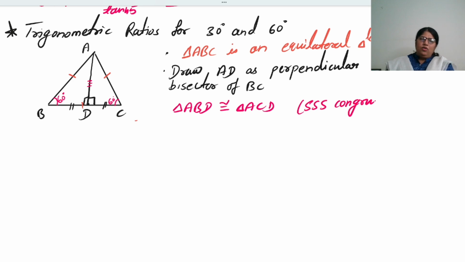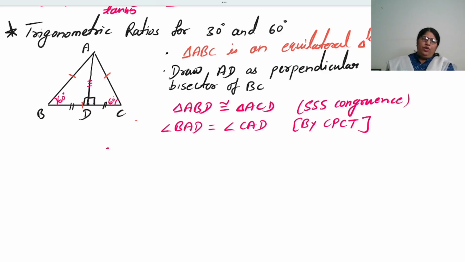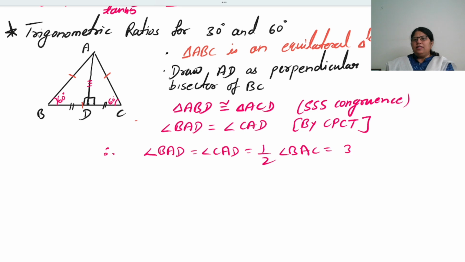Why are we using congruency here? Because until we have congruence, we can't get angle BAD. Angle BAD will be equal to angle CAD by CPCT, because corresponding parts of congruent triangles are always equal. So angle BAD is equal to angle CAD, which is going to be half of angle BAC, and angle BAC is 60 degrees. So these two angles are going to be 30 degrees. So we got our 90 degree triangle here, with 30 degree and 60 degree,